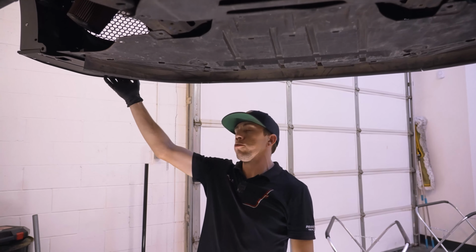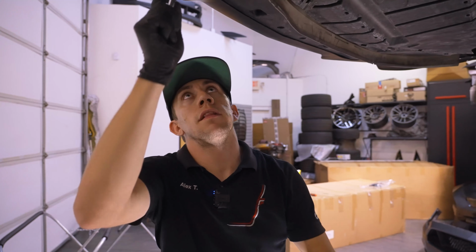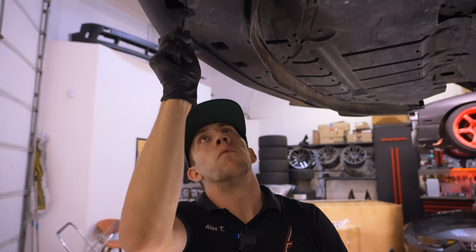It's critical that you have this under tray. If you don't have one, like you've taken it off and lost it, or maybe I've seen some people who've purchased cars used that are missing them, you will need to buy this part if you're going to be doing this conversion. Basically the best way to do this is to find the ones that you can see,